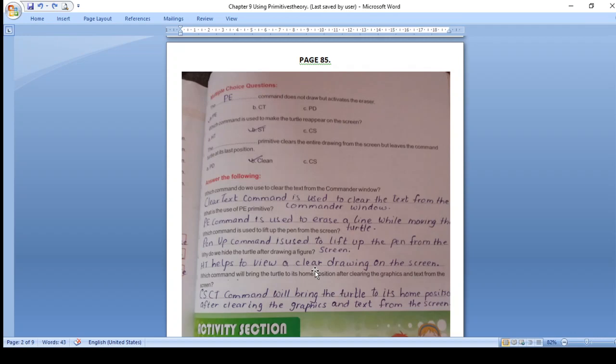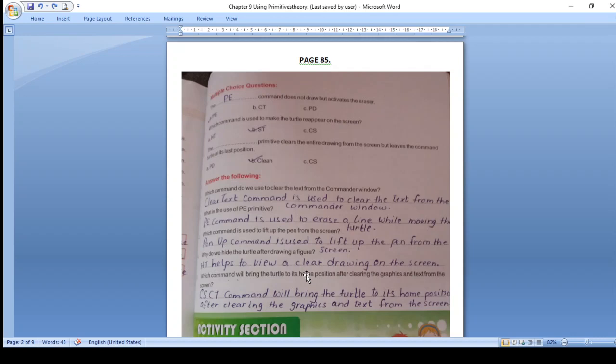The last one, which command will bring the turtle to its home position after clearing the graphics and text from the screen? Graphics is the image, the shape that you have drawn, right? So if you want to clear the picture and the text, then we have clear screen and clear text.